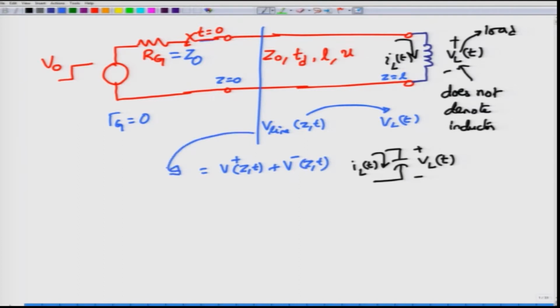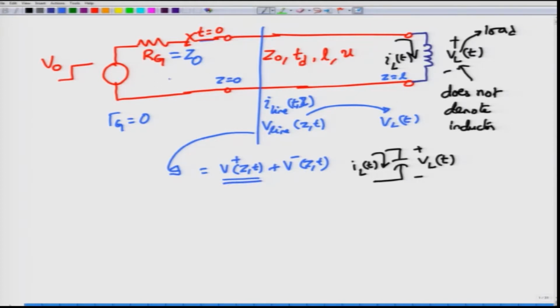Okay, so we have seen these expressions right from our second or third module where we were discussing the line voltage. Similarly, we will have the line current as well. The line current again will have both incident current as well as the reflected current. This line current will also be changing along the length. Okay, what is the incident voltage at this point, or rather what is the incident voltage V plus?